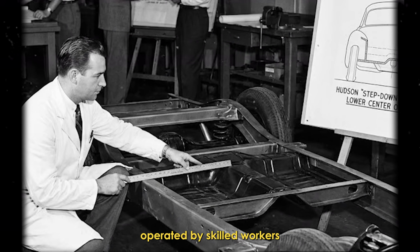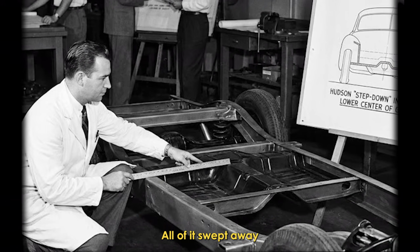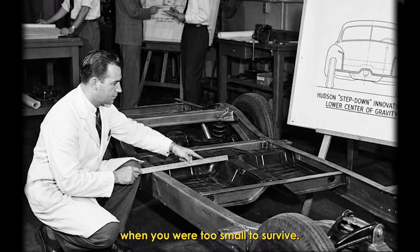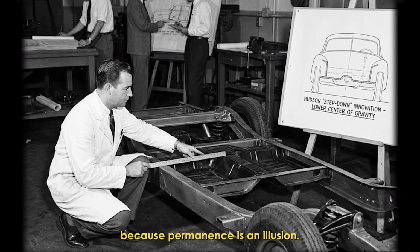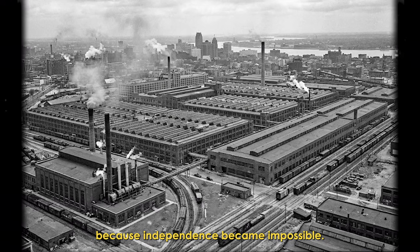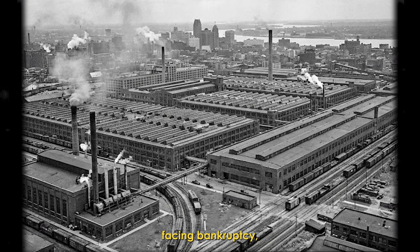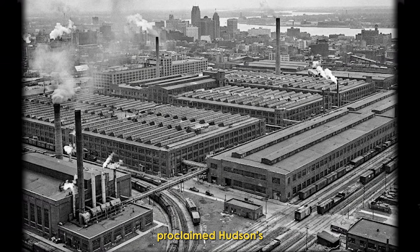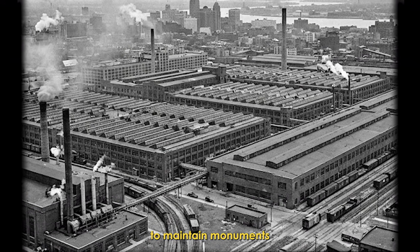won races, operated by skilled workers who did everything right. All of it swept away because being the best wasn't enough when you were too small to survive. The palace fell because permanence is an illusion. The company died because independence became impossible. The workers were discarded because loyalty meant nothing to corporations facing bankruptcy. And the Art Deco tower that proclaimed Hudson's importance was demolished because nobody could afford to maintain monuments to companies